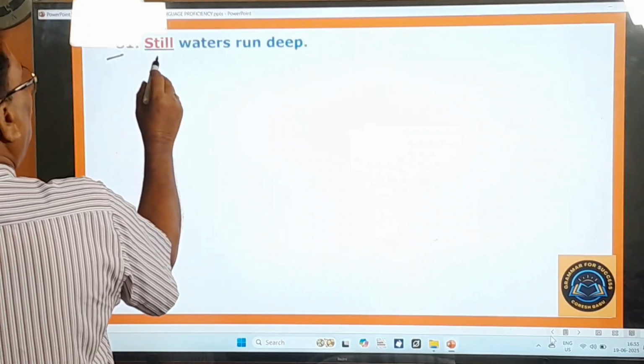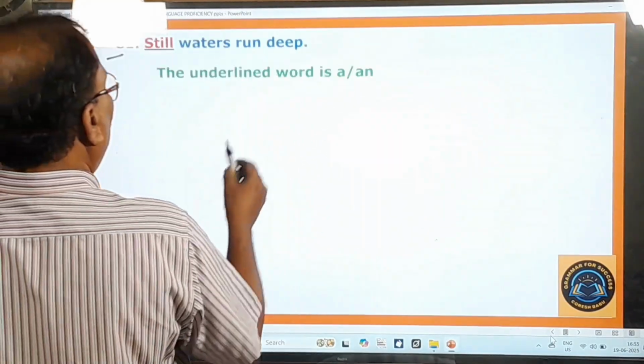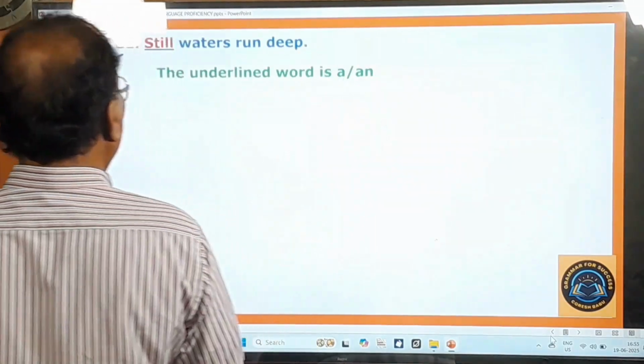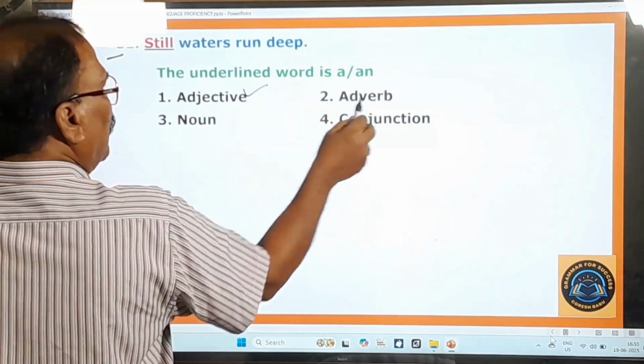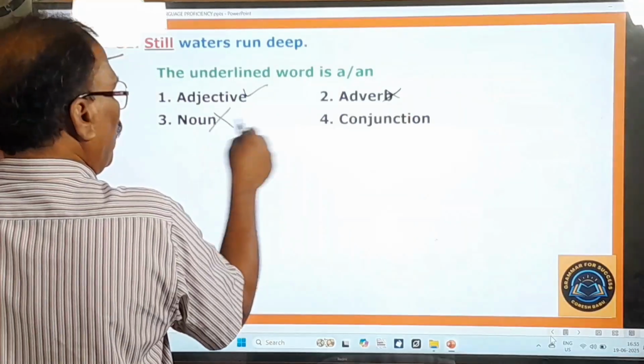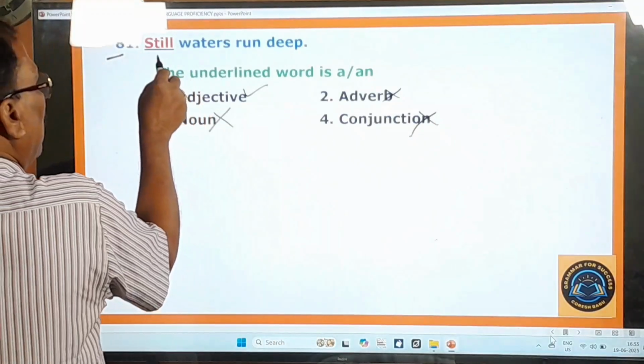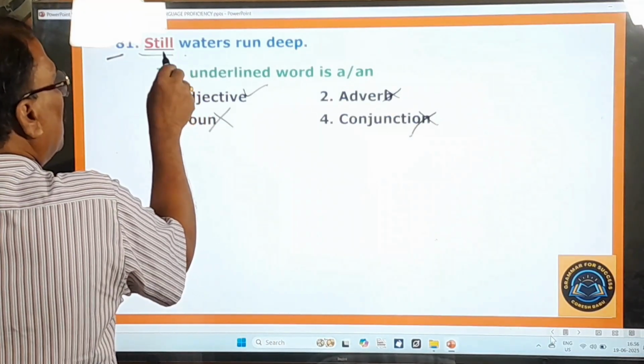81st question. Still waters run deep. The underlined word is a or an what? An adjective. The very first one is the right one. It is not an adverb. It is not a noun. It is not a conjunction. So here, still waters. Still waters means